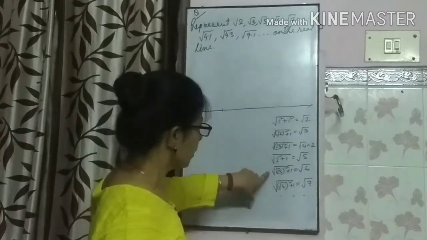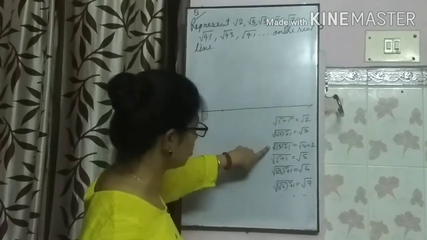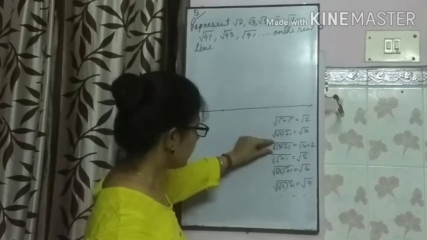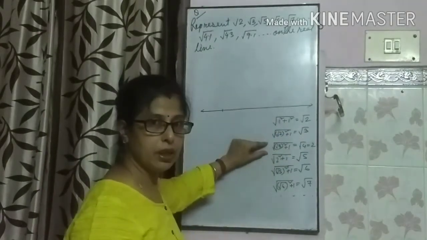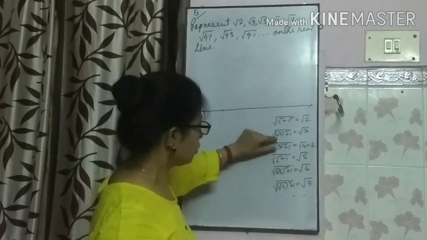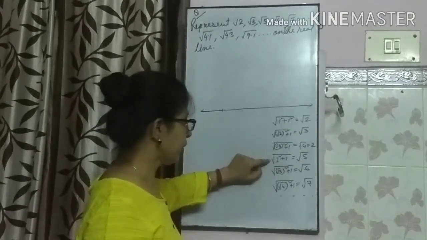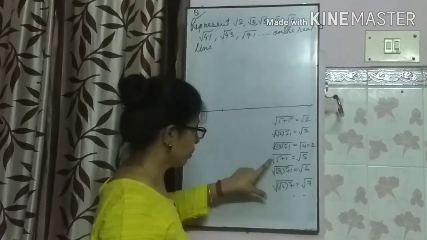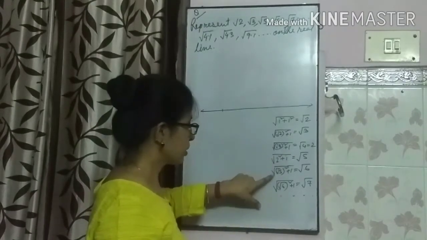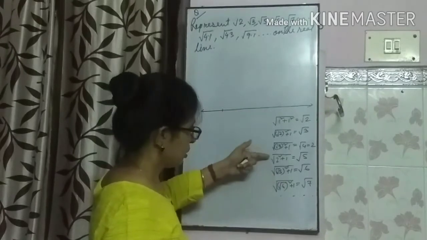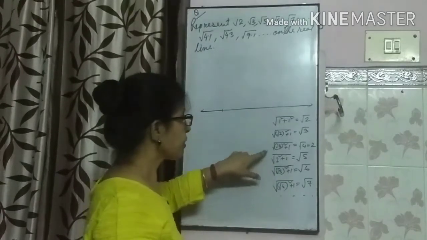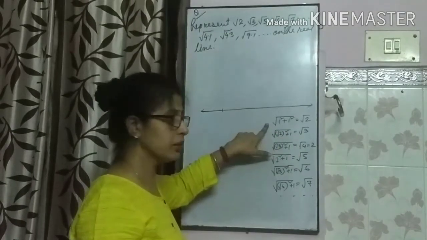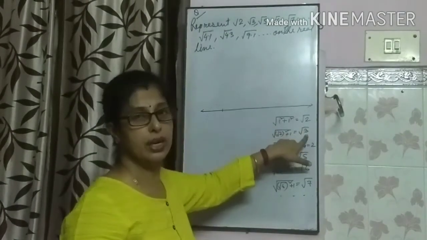So suppose you need to find root 5. We will not do so many things. We'll start from root 5 directly, because the rest would be an unnecessary part. If you need to find root 5, we will start from here. But for getting root 7, we will not start from root 5. We will start from root 6, or root 5 also we can start. So for getting root 3, it is compulsory to make root 2, then only we get root 3.